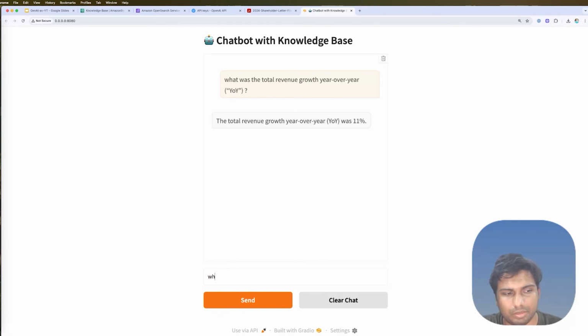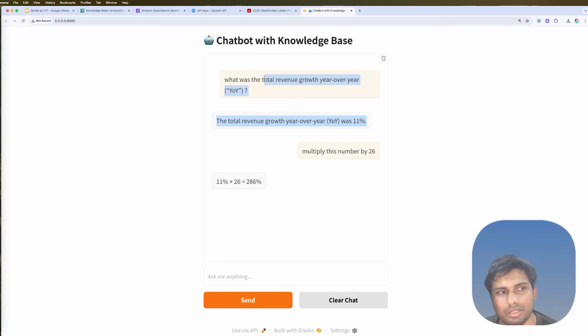We'll ask it something related to history. For example, multiply this number by 26. So now this number is actually 11. And how would it find that? It can only find it if the history is also passed to the LLM. That's when it'll know that 11 was the number before, and we have to multiply this, which is 11, by 26. So we can see that it was able to find out the number 11, which means